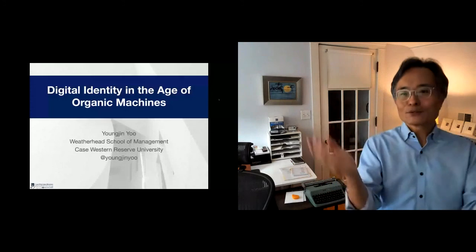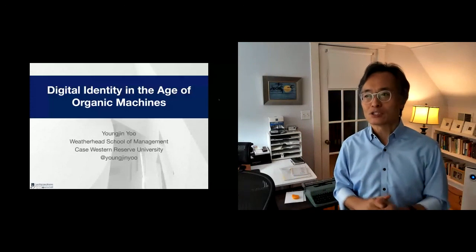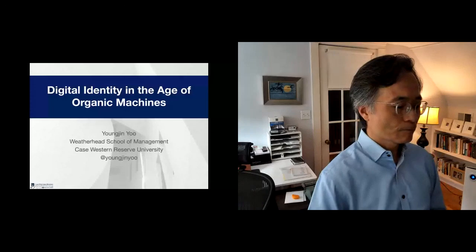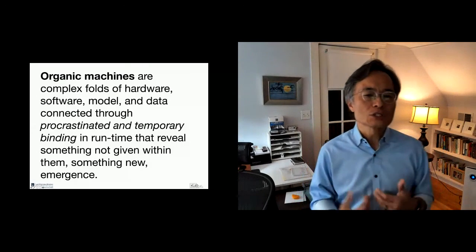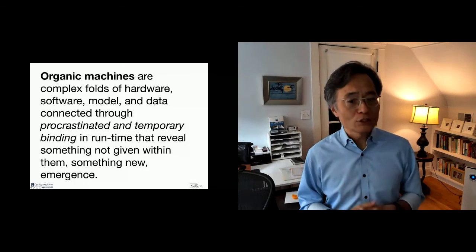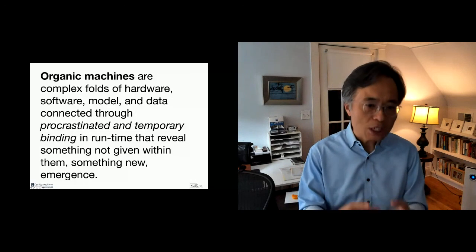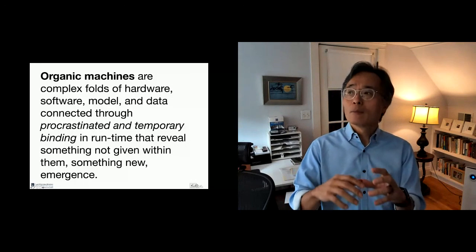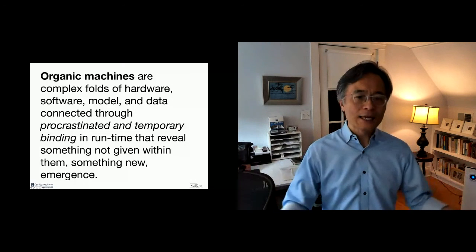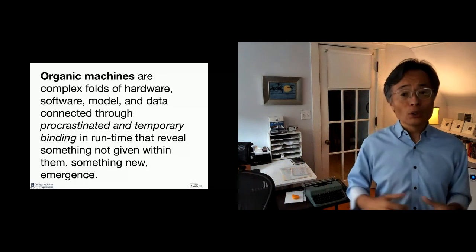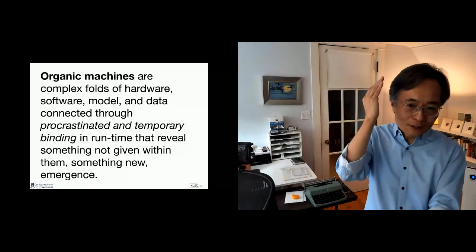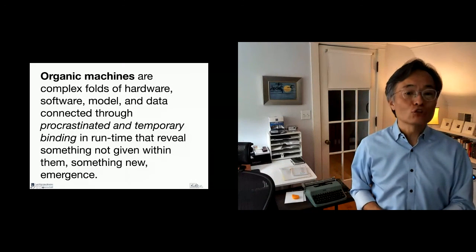I was going to spend some time thinking about how the technology has got us into this, but I would simply say we are entering what I would call an organic machine era, where machines are not simply producing predictable, knowable outcomes. We are entering a world where the outcome of what the machine is going to do, which we depend on, is really produced at runtime. It comes from hardware, software, models, data, and the bandwidth of the communication. All of these come together at a particular moment as we execute that code on the silicon. When the bits hit the atoms,